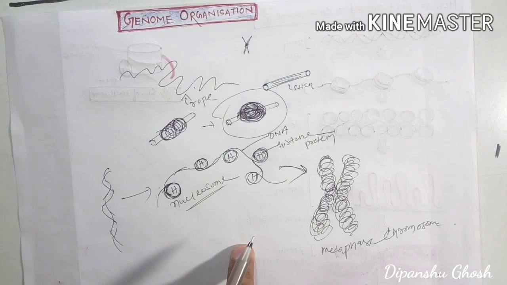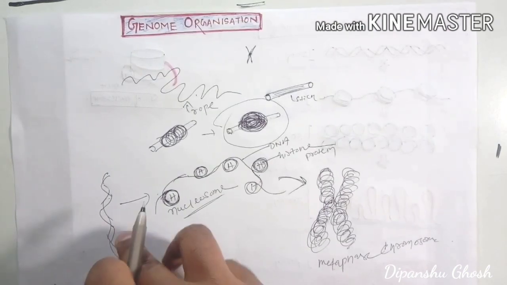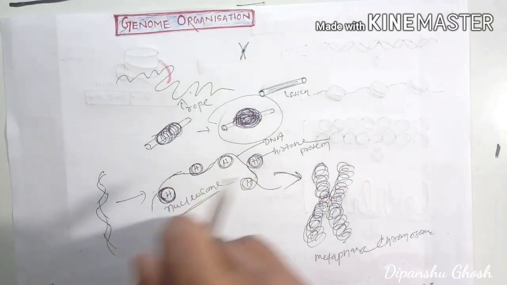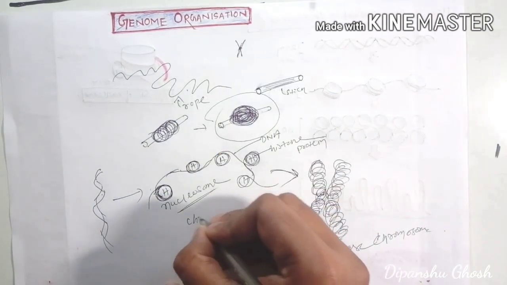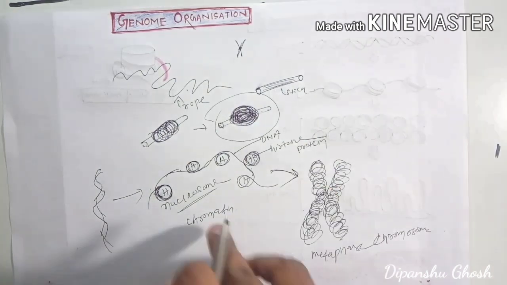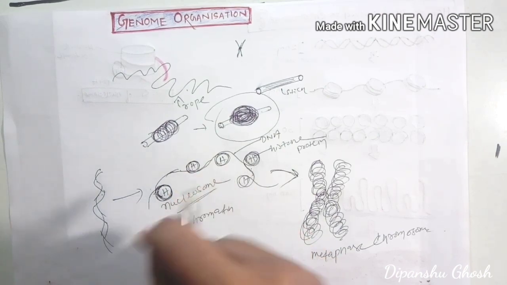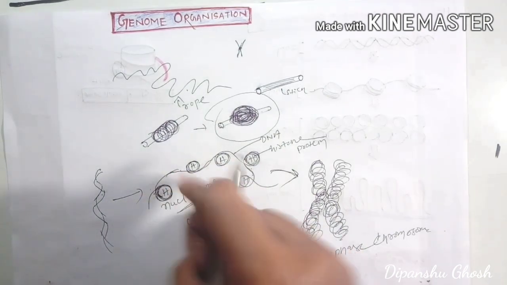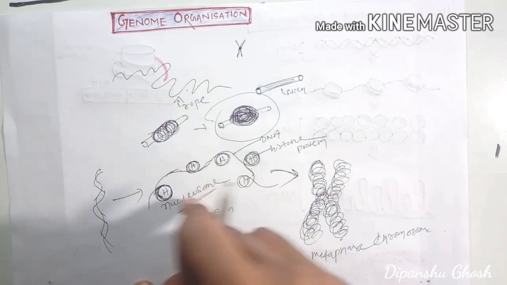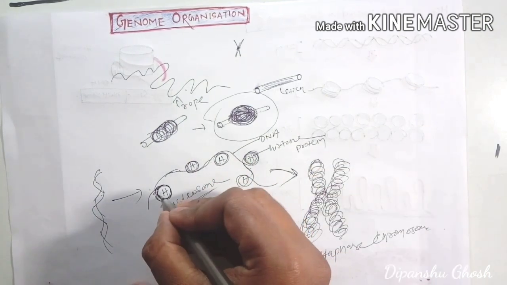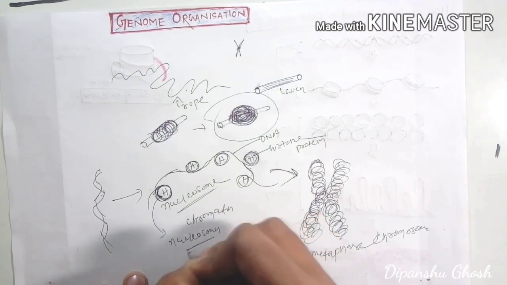Okay, so actually we saw that this is your DNA strand. It is a long-stranded DNA, right? So to make it shorter, first of all we need to make chromatin. This structure is called chromatin, because in this process we have used histone protein to give a surface, so that the DNA molecule can be wound around it and form some knot-like structures. These knot-like structures are called nucleosomes, right?